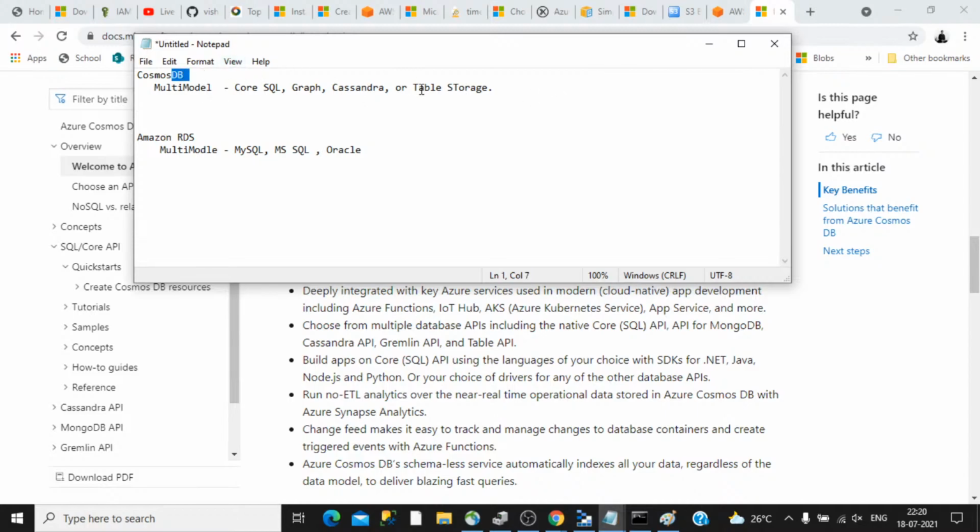So if you want a table storage to use in production which needs quick access, then it is recommended to use Cosmos DB, but you have to check the cost as well, how it differs from the normal table storage. If that is fine for your application, then this is the one which is recommended.